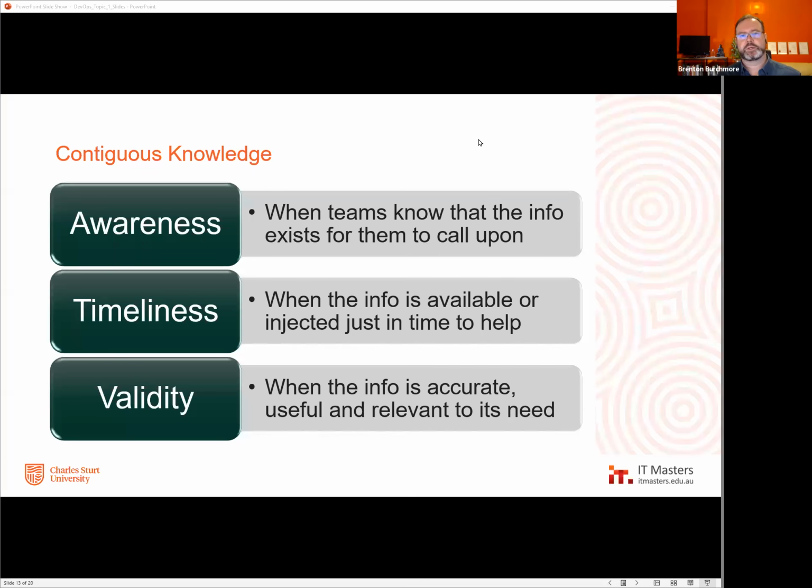So the word contiguous means adjacent. It means right there, right next to you, within arm's reach in principle. So it's about having the knowledge, every bit of knowledge that you as a practitioner, whether or not you're a dev or ops, doing what you do, need. There's a piece of knowledge that you need to do what you do well or to do it better. If it's contiguous, it's right there within reach and it's correct and you can use it. You can use it right now to deliver value and improve what you do. That's a cornerstone of what this big structural idea of DevOps is ultimately trying to deliver.